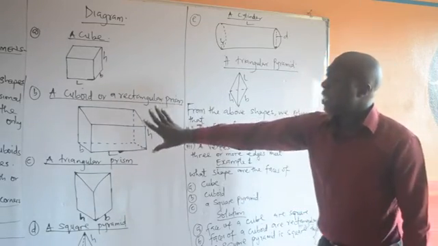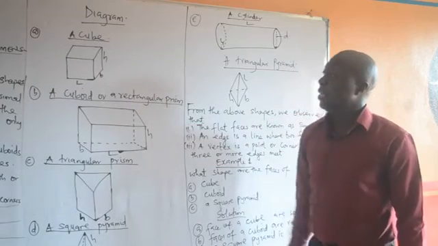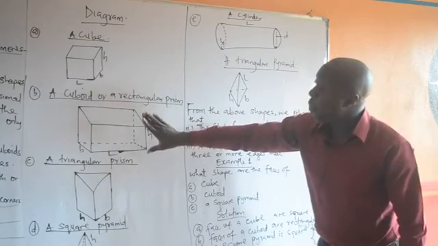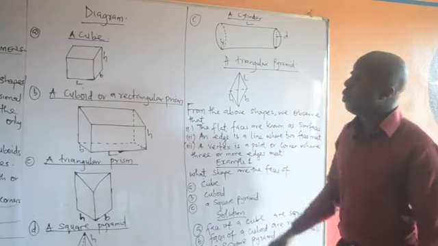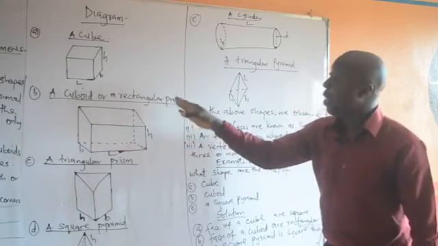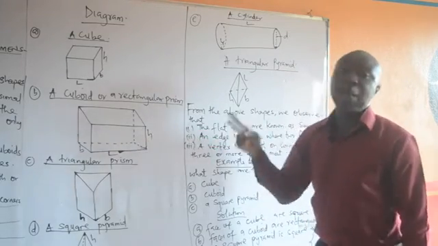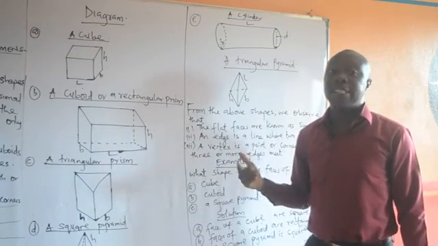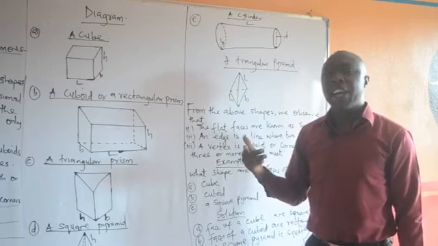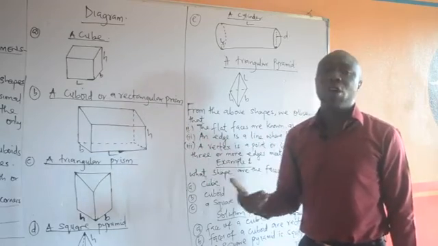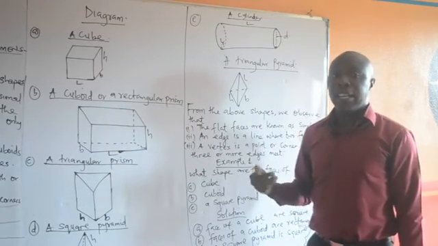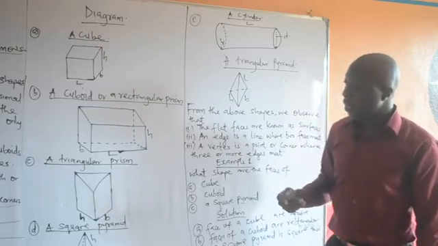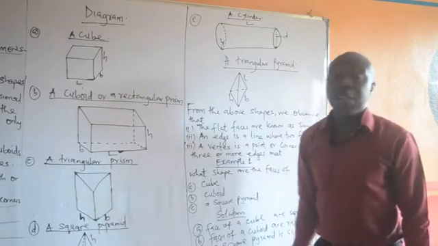Then, when we look at the face of this cuboid, it has a rectangular face. If you look at the face of this cuboid, remember a rectangle has two lengths and two breadths, and the two lengths are equal and the two breadths are also what? Equal. Is that taken? Then looking at the face of a square pyramid